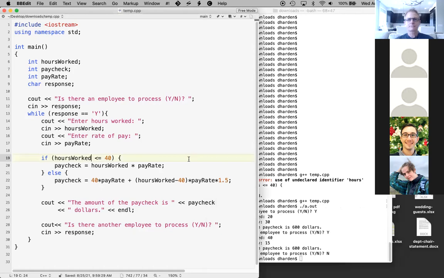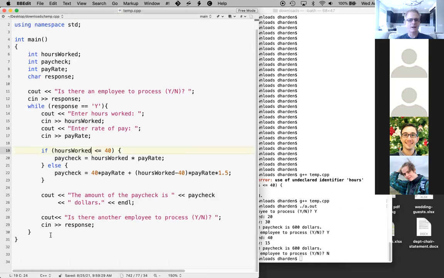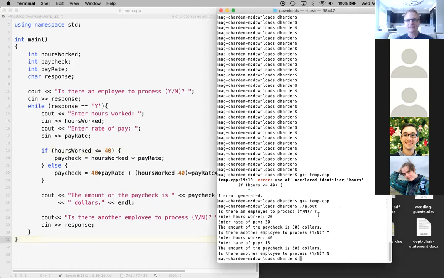All right. For the next example, I want to just change this slightly so that I don't have to keep answering yes, yes, yes over and over again every time I have a new employee. I'm just going to say, go ahead and enter the hours worked, and if you want to quit, enter a negative number. So it'll look something like